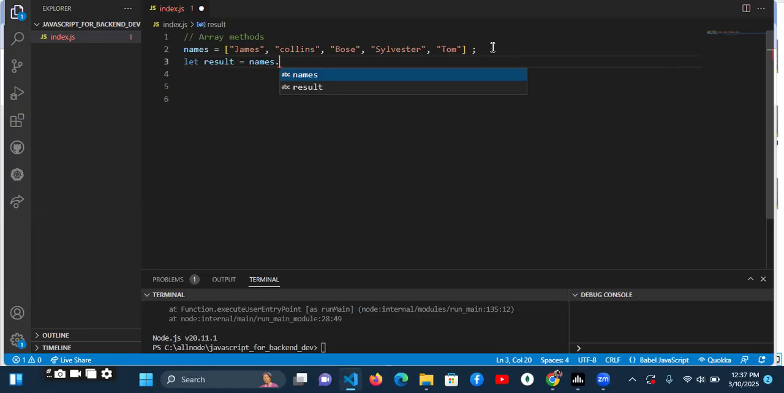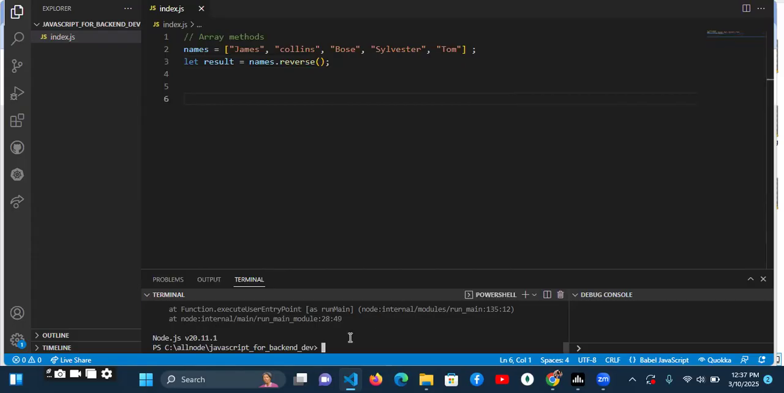Okay, let's say, for example, I want to reverse the elements of this array. So I can use reverse. Reverse is a built-in method in JavaScript that helps to reverse the array the other way around. So if I try to run this now, you're just going to see,